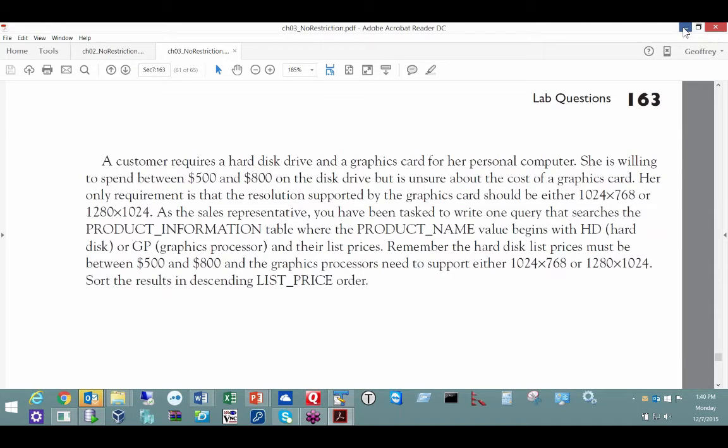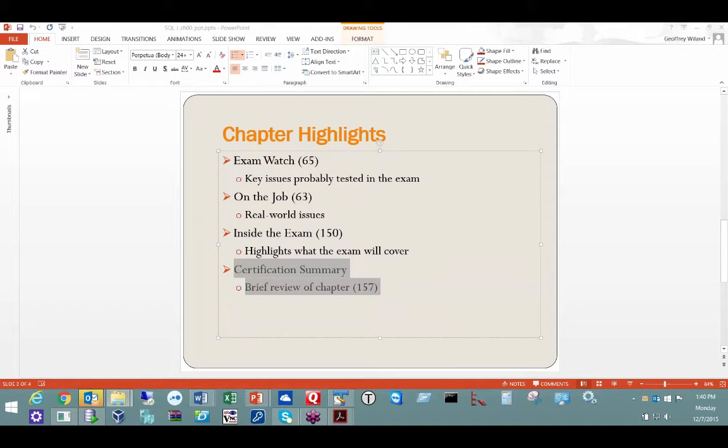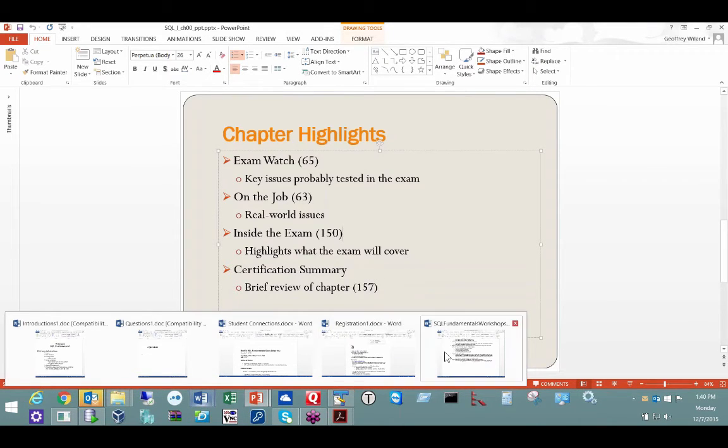And those other labs you can get from your control panel. There is a tab that says Materials. So everyone take a look at your tab that says Materials in your control panel. And if you click on the Materials tab, it will show you a file called SQL Fundamentals Workshops. So you're going to want to download that, keep that handy, because we're going to be going through those SQL Fundamentals Workshops